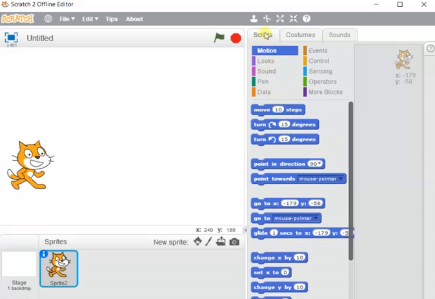So here you can see under the scripts. Scripts means the instructions. So under the scripts, the instructions are categorized into some main categories like motion, looks, sound. So these form the categories. So each category is a block. Motion is a category that contains some instructions related to movement of the object. So these instructions that are related to movement of an object are grouped together into the motion category, that is